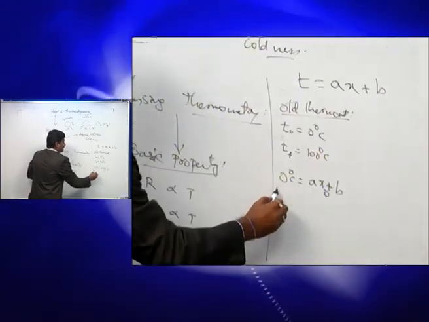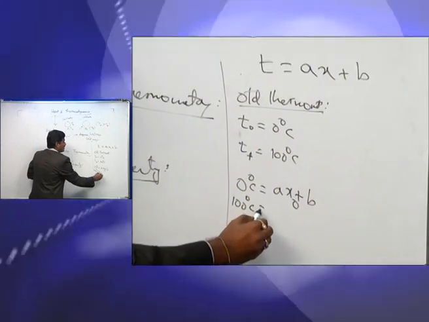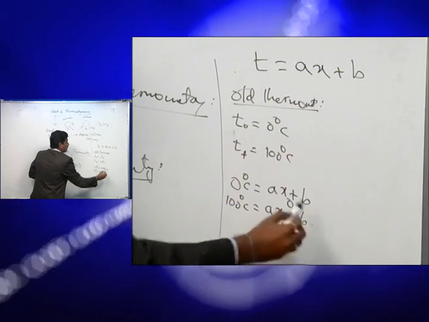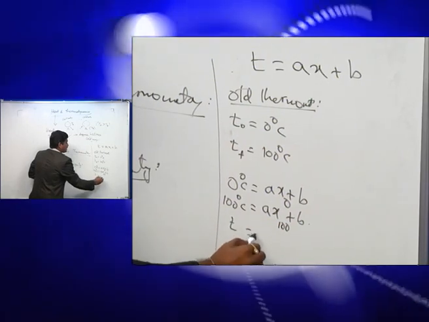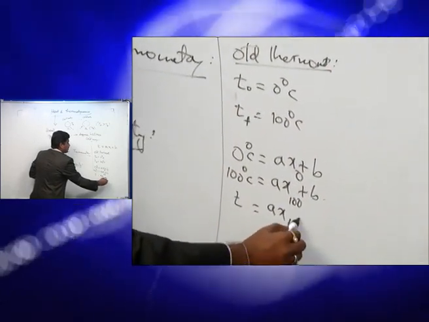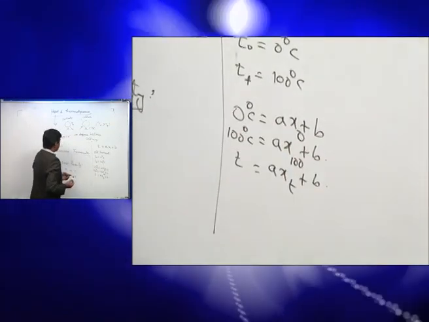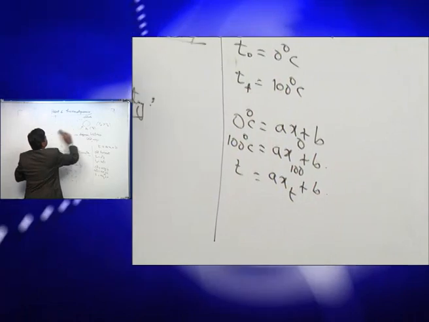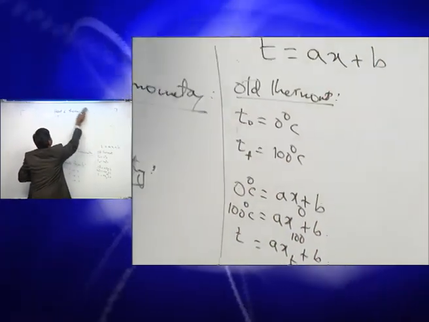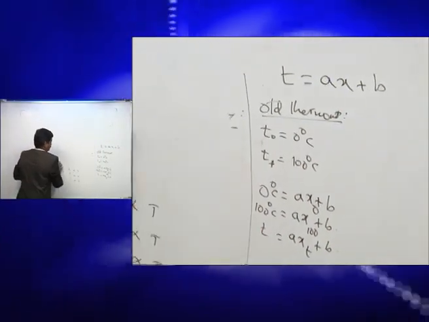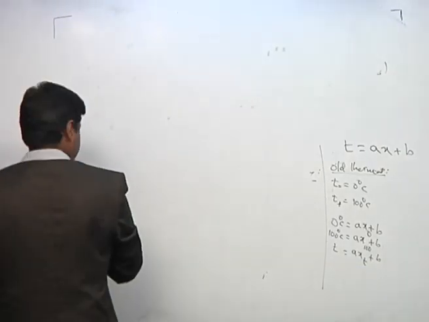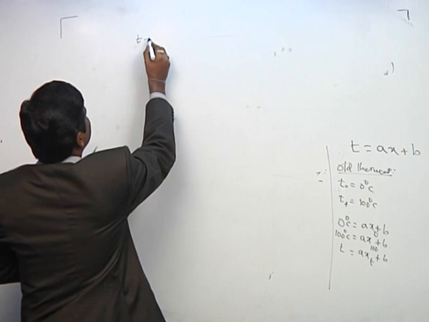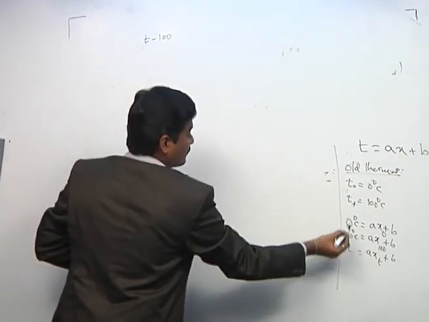Here I am taking another temperature, the property at 100 degree centigrade: 100 = A·X100 + B. Here I am taking a general temperature T: T = A·XT + B. If we are writing this,